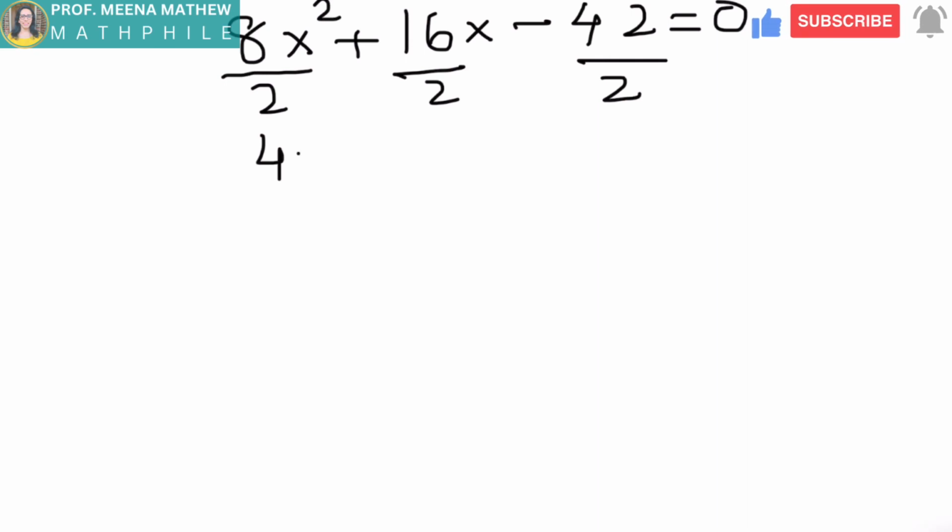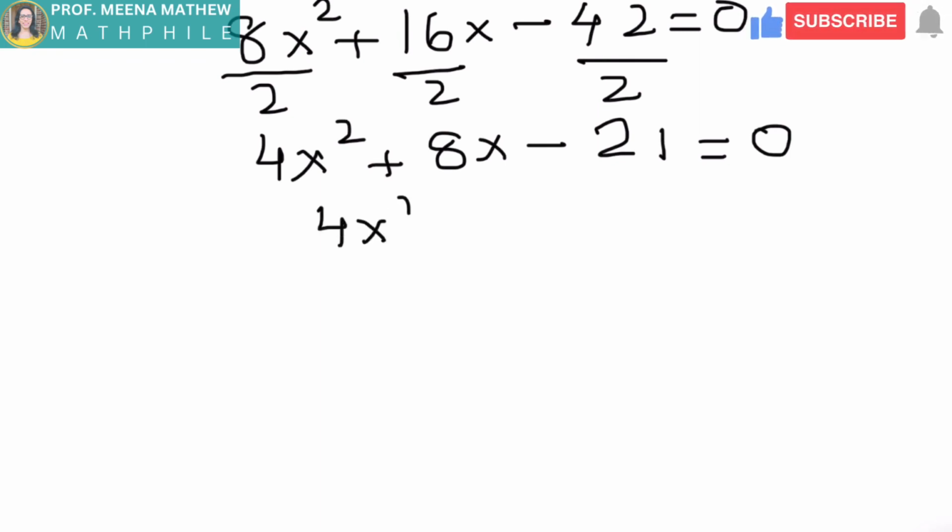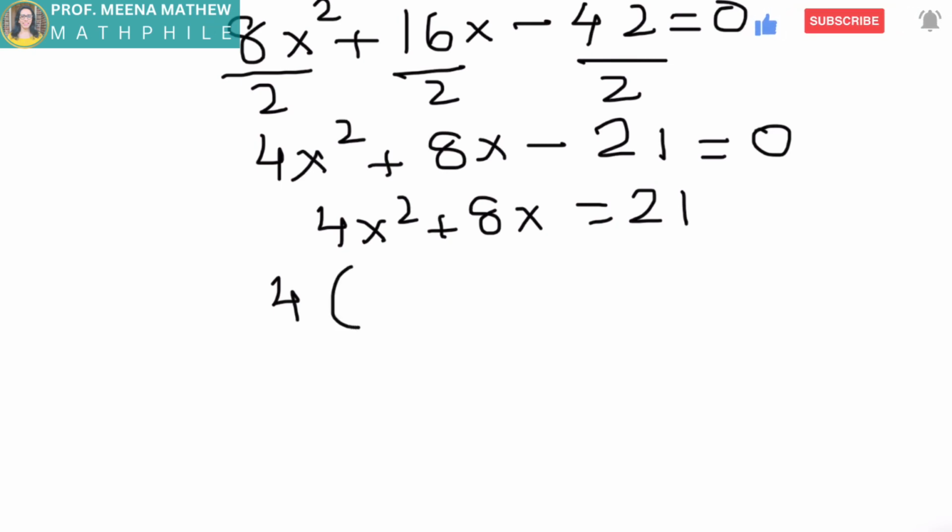So that is 4x square plus 8x minus 21 equals 0. I'm going to combine the x terms on the left side and the constants on the right side. That is 4x square plus 8x equals 21 by adding a positive 21 both sides. And here we have a common factor 4 on the left side, so I'm going to take the 4 outside as a common factor. x square plus 2x